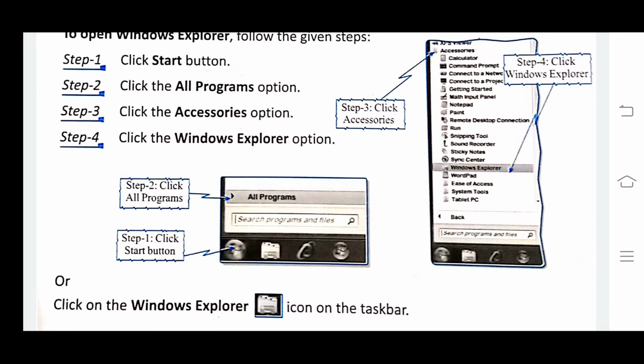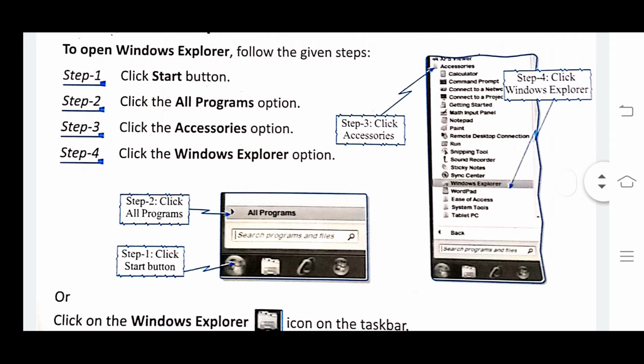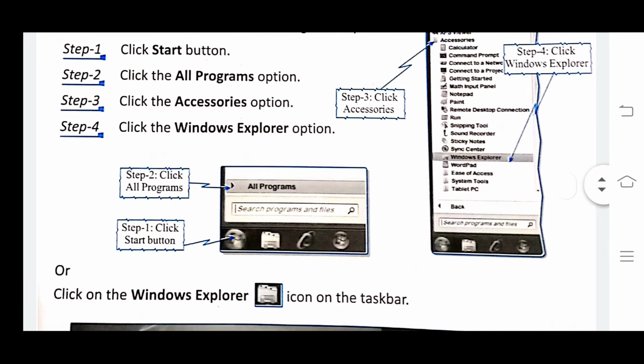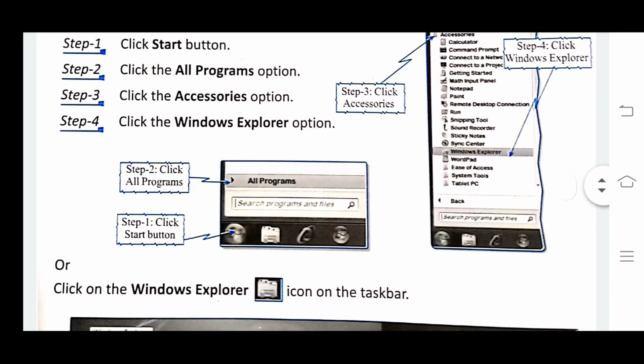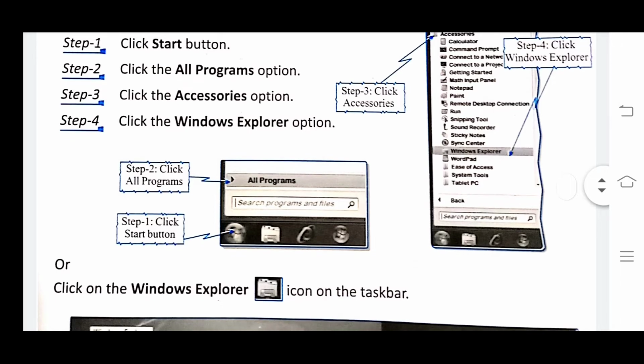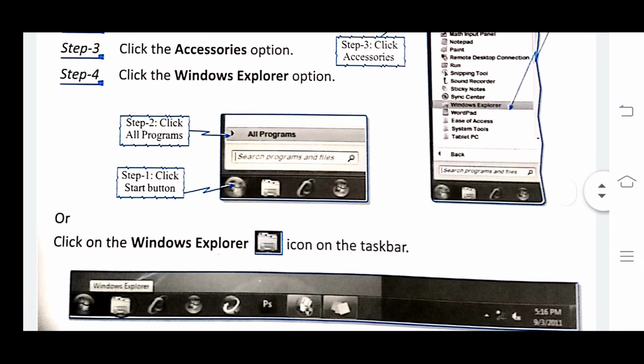Then step 3, click the Accessories option. Then the fourth step is to click the Windows Explorer option. When you click on it, your Windows Explorer window will be opened on your computer screen.